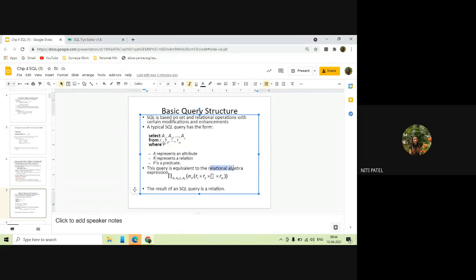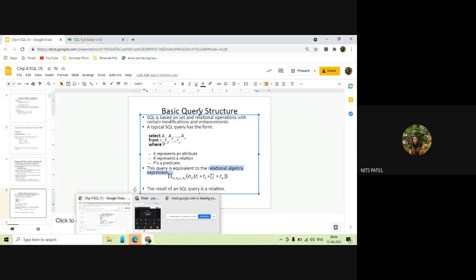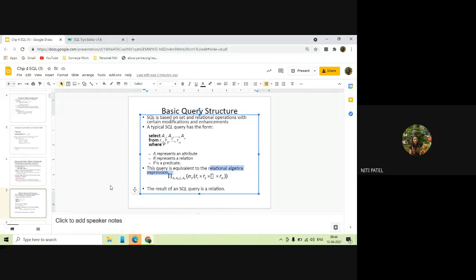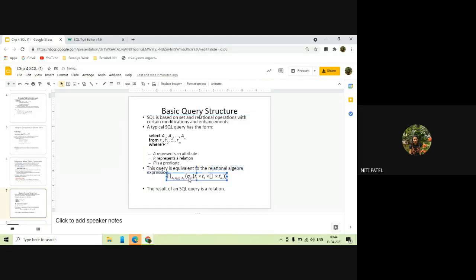Now, do you remember the relational algebra expressions that we studied in the second lesson? Do you remember? Yes or no? Somewhat. For select, we used to make use of this sign. Do you remember? Yes, ma'am. This sign was used for select. Can you see my cursor? Yes, ma'am. Then for project, we used to use this sign. Yes, ma'am. What did select do? Select used to select rows, and project selected columns. Yes or no?